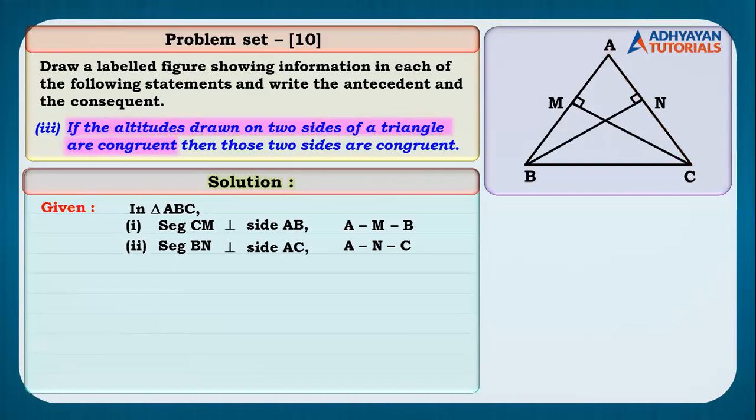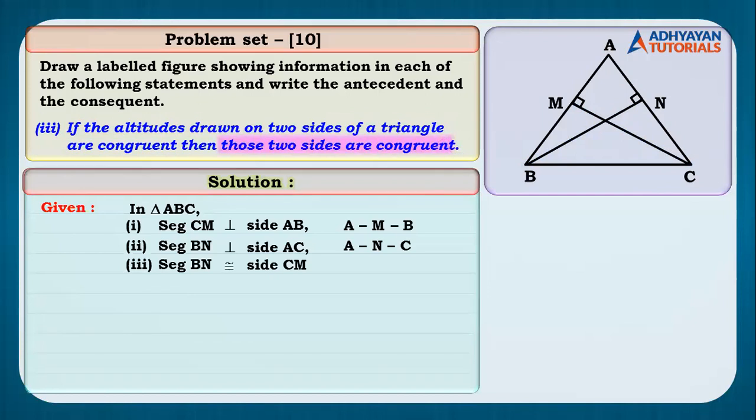अच्छा, मुझे ध्यान से स्टेटमेंट पढ़ के बताओ कि गिवन पार्ट कंप्लीट हो गया है कि देयर इज समथिंग व्हिच इज टू बी एडेड. If the altitudes drawn on the two sides of the triangle are congruent, is there something which is missing? मैंने अभी तक लिखा नहीं है. Yes, it is stated those two altitudes which we have drawn, children, they are congruent. So दो altitudes हमने draw किया है, BN and CM, they are congruent. I hope this is clear. तो ये तीन स्टेटमेंट्स जो गिवन में लिखे हैं, फर्स्ट सेकंड थर्ड, मिला के गिवन कंप्लीट होता है.